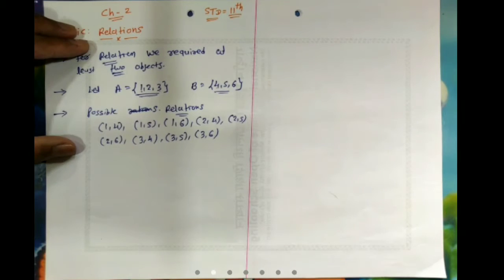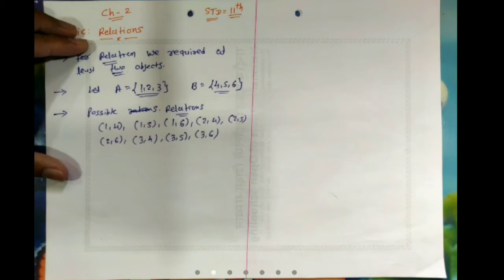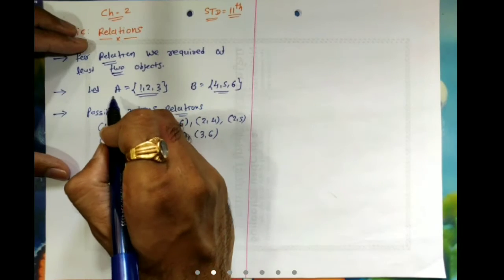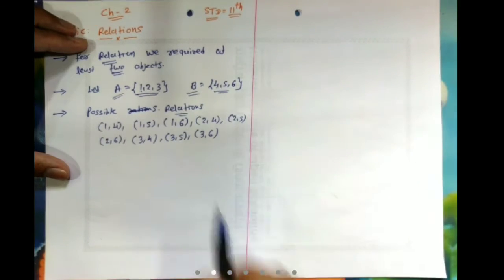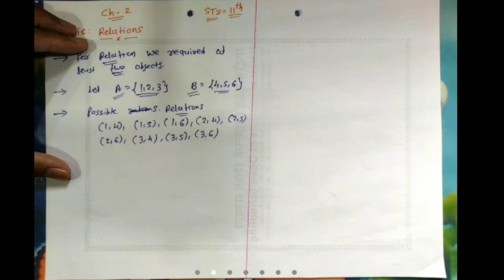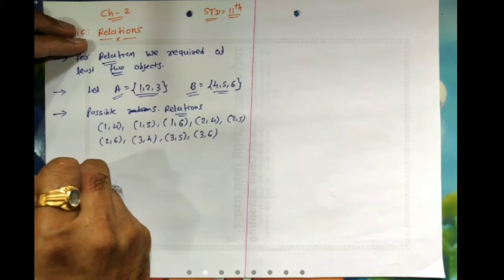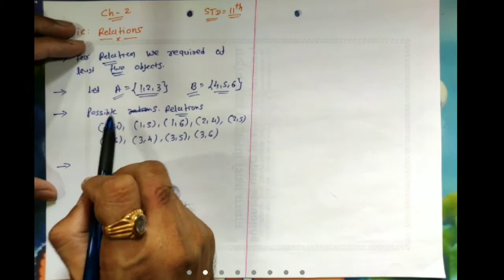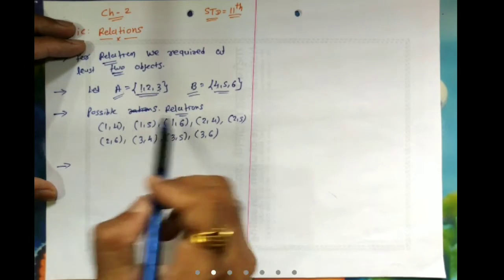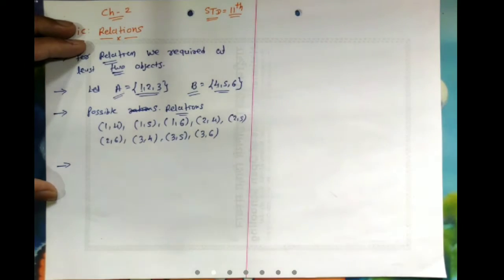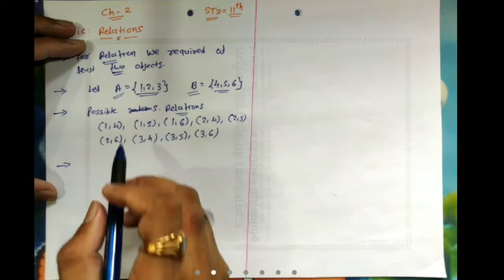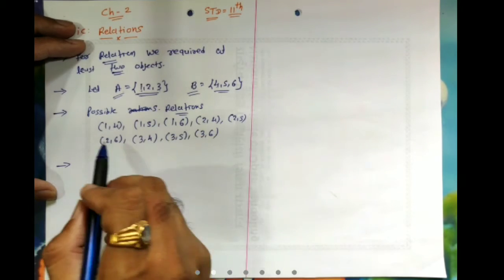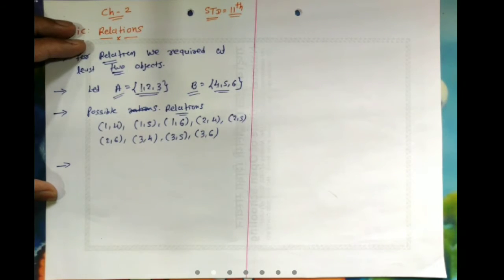Two questions are there: what relation and whose relation. So here we are talking about the whose relation. That means relation of set A with set B, and then we have to define what the relation is. So that is the ordered pair. That means the relationship between set A and set B is given by these ordered pairs. Done? So the relationship between set A and set B is nothing but this set of all the ordered pairs.